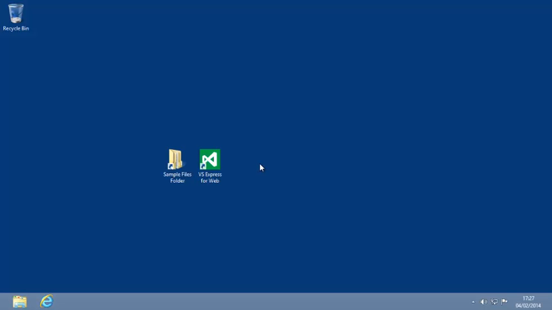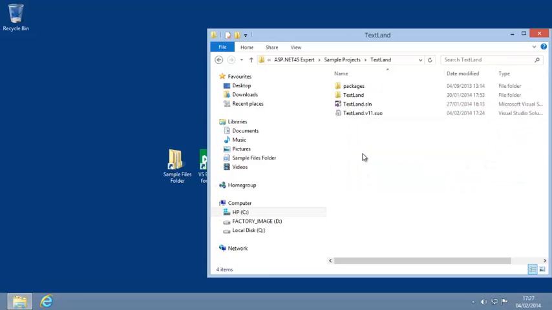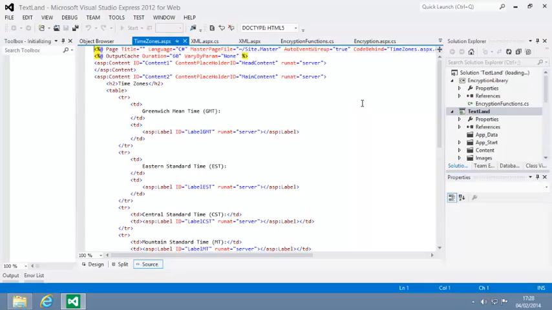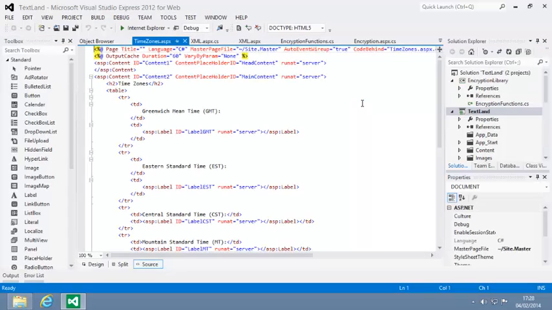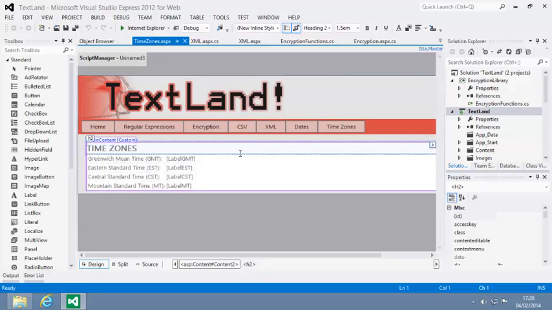To begin this lesson, open the Textland project from your Sample Files folder. And open timezones.aspx in Design View. You enabled caching on this page in the previous lesson. That's lesson 8.10. Now delete the label GMT control